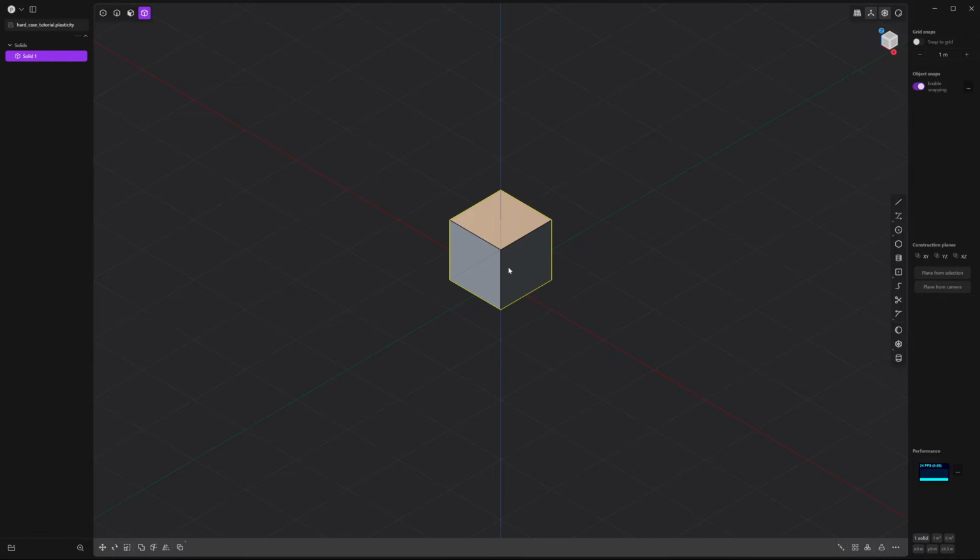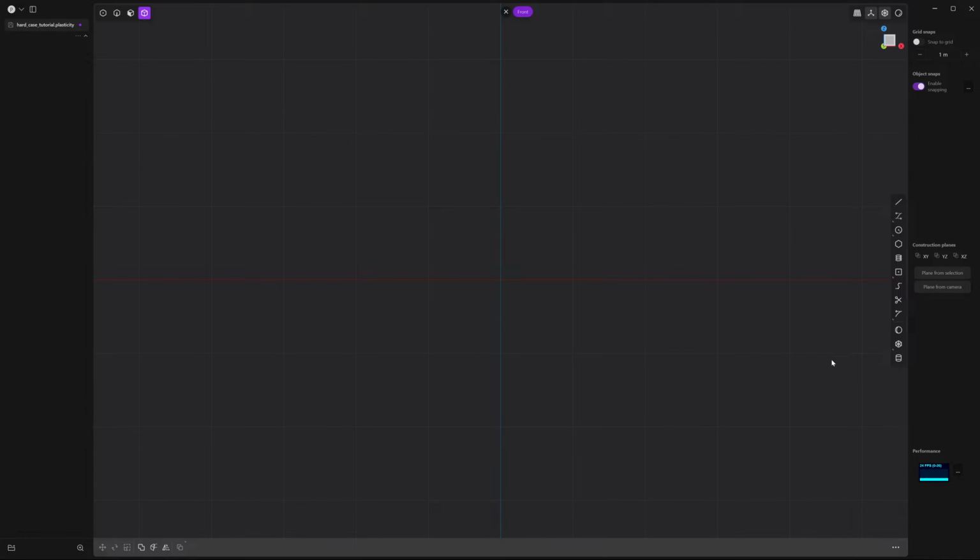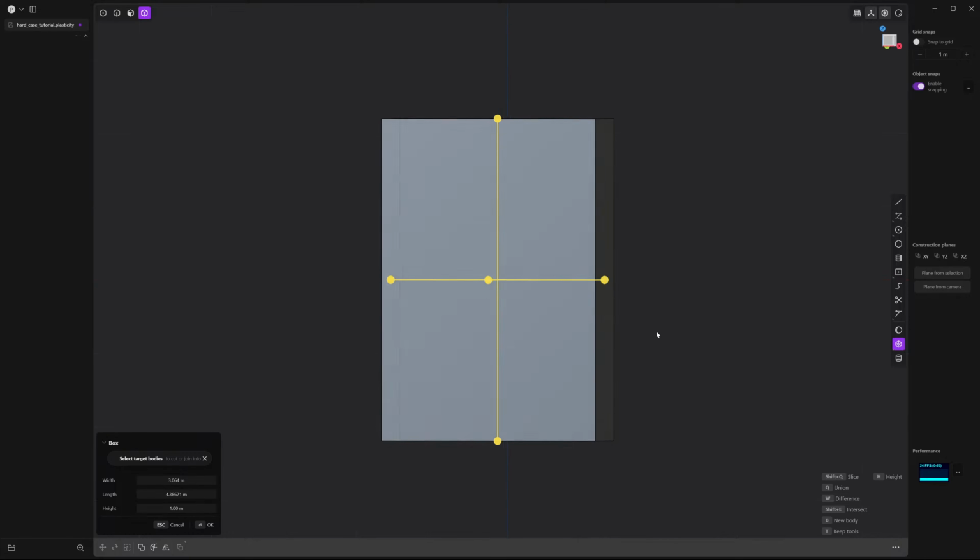Select this cube and press X to delete it. And then go to the view cube and select the front face so you can go to the front view. And hold down this toolbar box here and make sure you've selected center box. Click on that and hover over the center so you can just start from the origin. Now extend out a rectangle like so. Left click once.